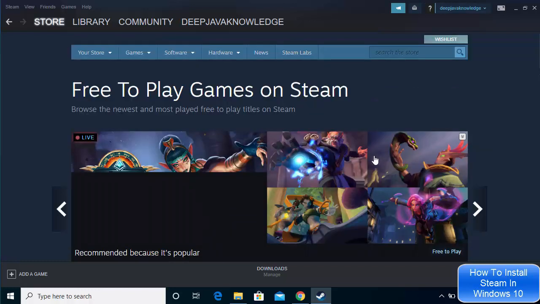So you can choose the game you want to play and then start playing that game on your Windows 10 operating system using Steam. So in this way you can download and install Steam on your